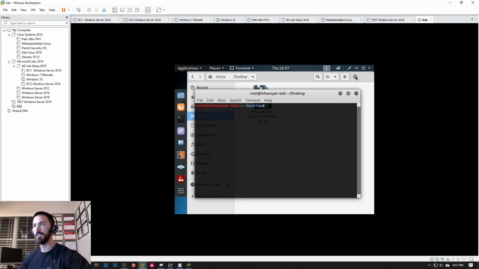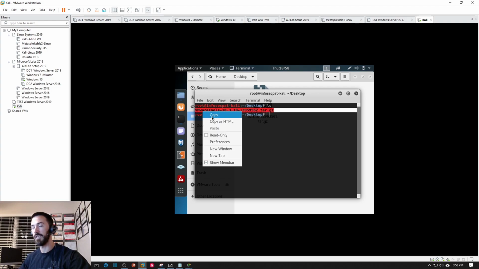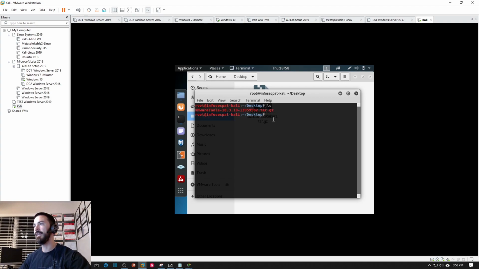I can't wait till I get this installed. All right, so if we do an ls, we see the VMware Tools folder in there. So now what we have to do is, actually I want to copy this. Copy, because I'm a copy and paste kind of guy. All right, copy, and then what we're going to write here is tar. What is my tar? We're going to execute xf, paste. All right, so now if we do ls, we should see vmware-tools-distrib,